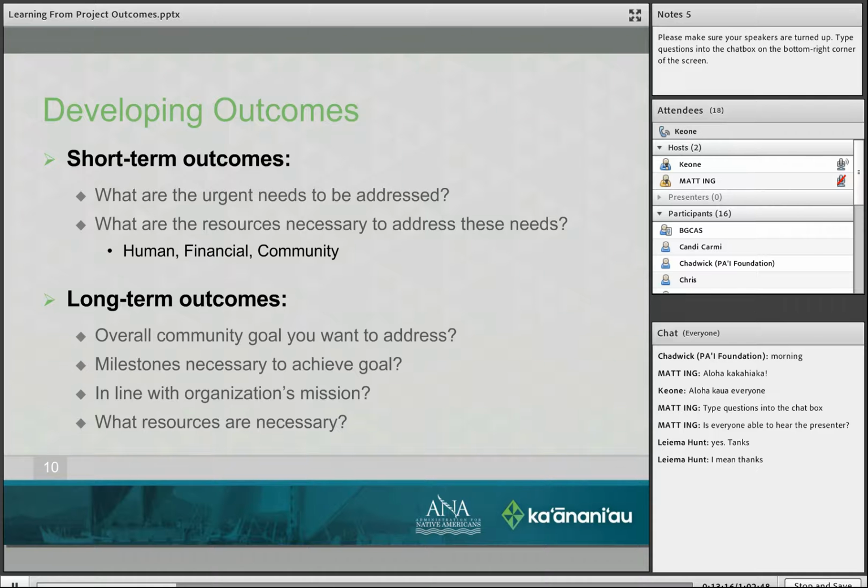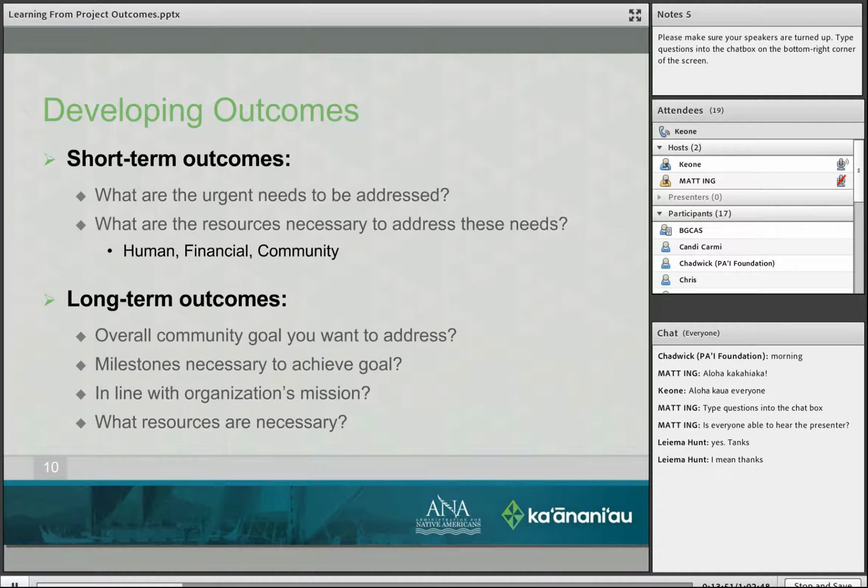For others, it might be the development of financial policies and procedures for the beneficiaries. Another one could be financial literacy, developing a curriculum for financial literacy that is culturally based or something of that nature. So, what are the urgent needs to be addressed, and what are the resources necessary to address these needs?